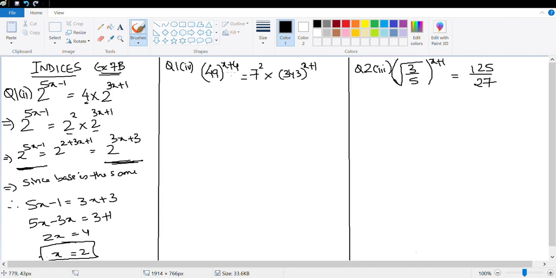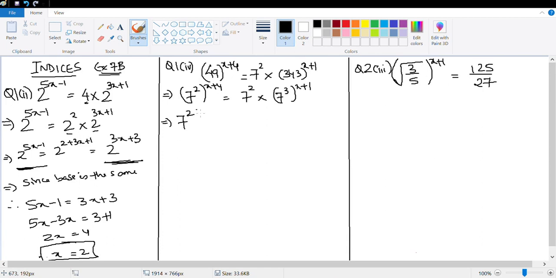That's 49 to the power x plus 4. I notice that everything can be put in the power 7. So this is 7 square, 49 raised to the power x plus 4. This is equal to 7 square, and 343 is 7 to the power 3. So 7 to the power 3 x plus 1. Let's open this bracket. This is a to the power b raised to the power c, which is a to the power b into c.